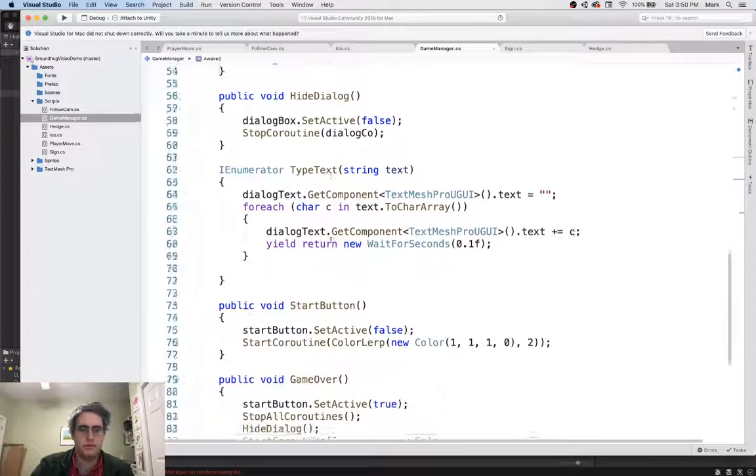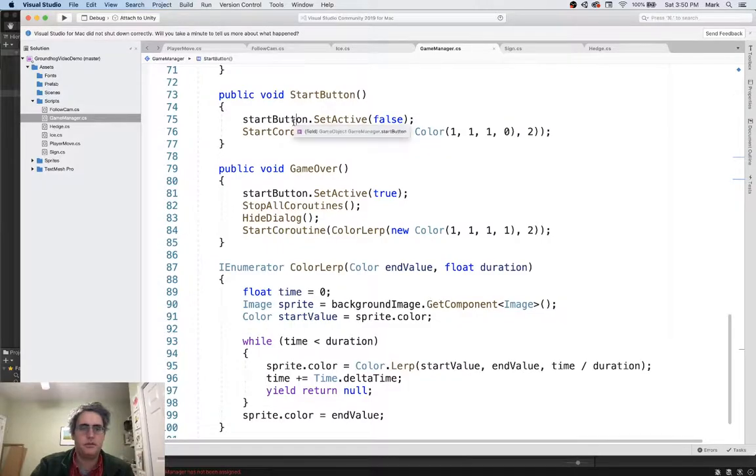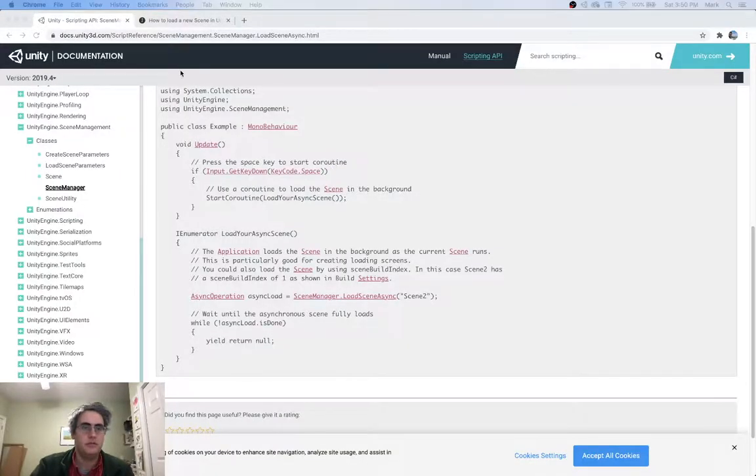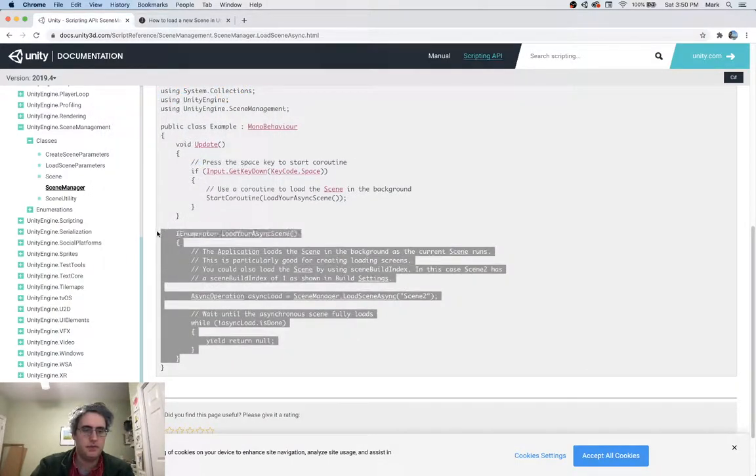In our script, down here when I click on the start button, I was calling the coroutine to color lerp away the background and make the game show up. What I want to do instead is what Unity suggests out here in the documentation when it says, hey, scene manager, I want to do stuff with a scene manager and load a scene. Now they recommend, there's a couple different ways to do it. They recommend doing this one where you do it asynchronously. So I am going to copy this method here